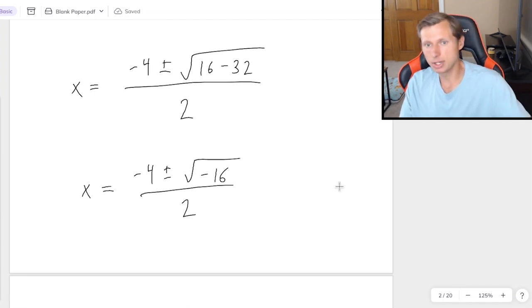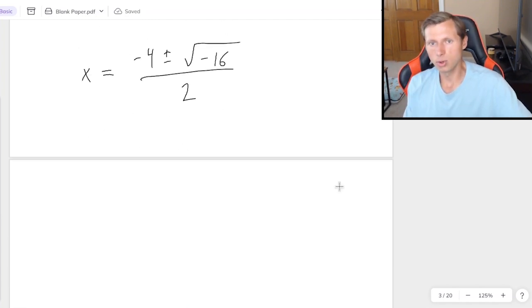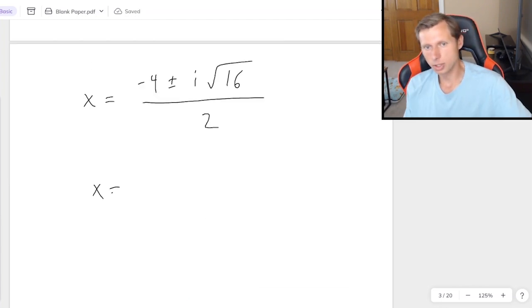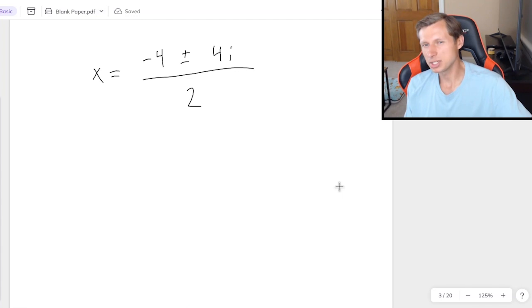This is what I recommend doing. I would first pull out the i, so that now we have root positive 16, like this. And then we know the square root of 16, it's 4. So in other words, we have negative 4 plus or minus 4i divided by 2. And again, there's a couple ways you can simplify this. For instance, you can divide both terms by 2, and you'll get negative 2 plus or minus 2i, which is